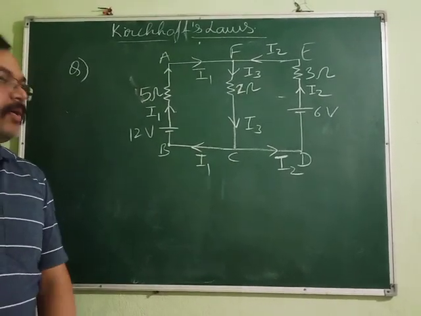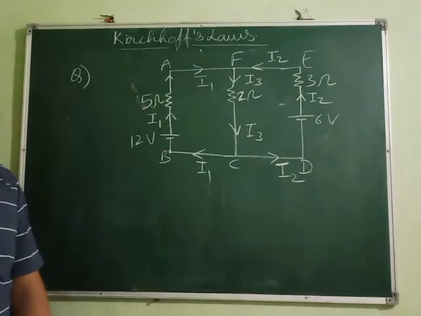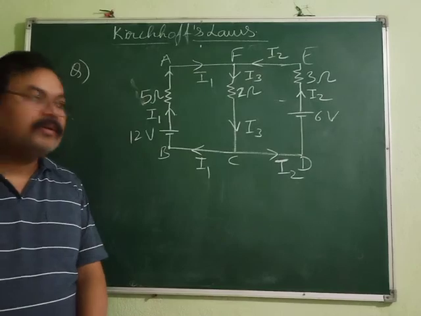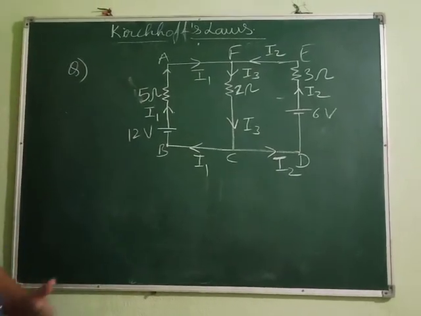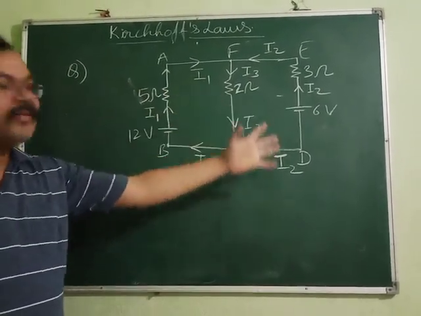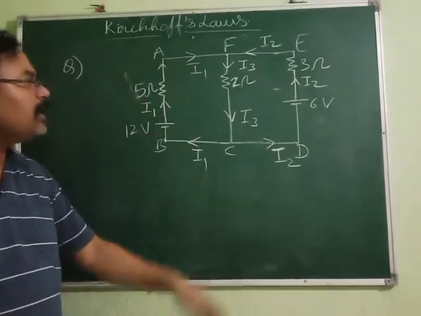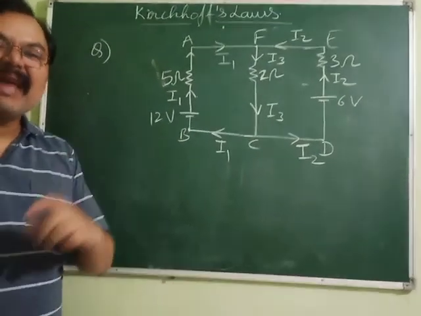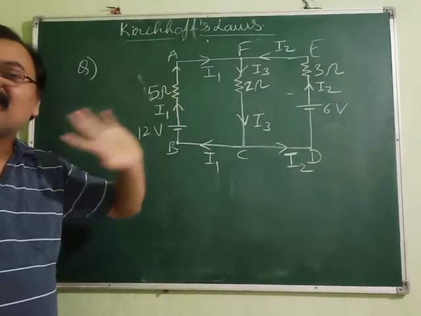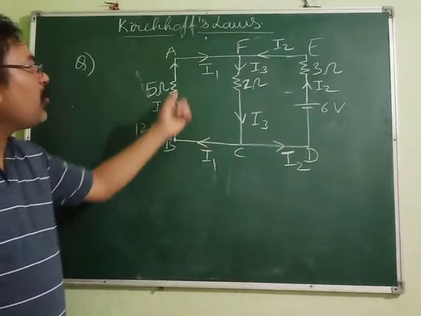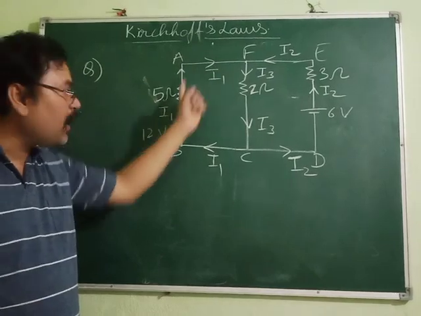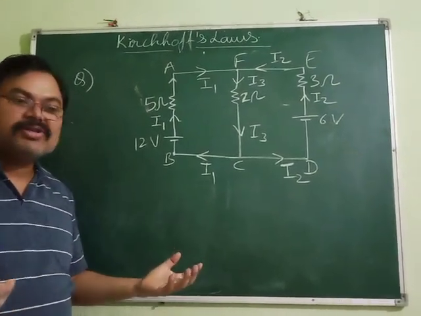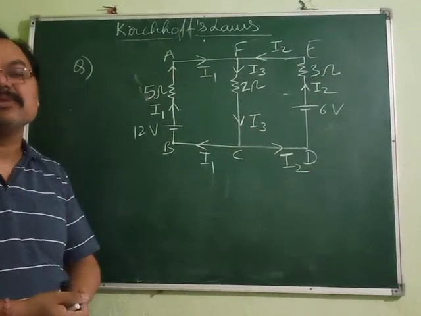Clear? Now what do we have to do? We have to decide the direction of motion. Suppose you want to find out the current in this branch, the value of I1 and I2. For that, what is the way? We need to decide the direction of motion, either clockwise in this loop or anti-clockwise, whichever you like, because deciding the direction of motion is not going to affect your answer.